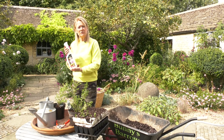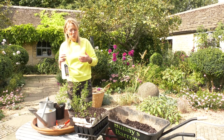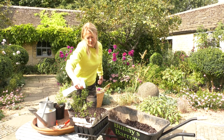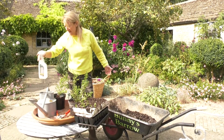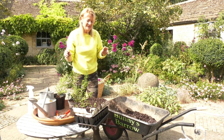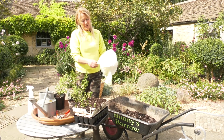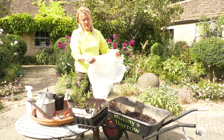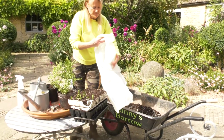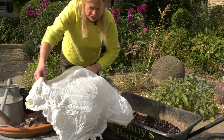Now this is actually an old fertilizer bottle, but I've washed it out, used it, and now I've got water in it, and when I've done the whole tray, I'll just mist them over. Now, if again it was something a bit sensitive, that was softer leaves, that were more subject to wilt, when I put it in situ, I'm going to put these in my cold greenhouse, I might then be tempted just to put a little bit of milky polythene,